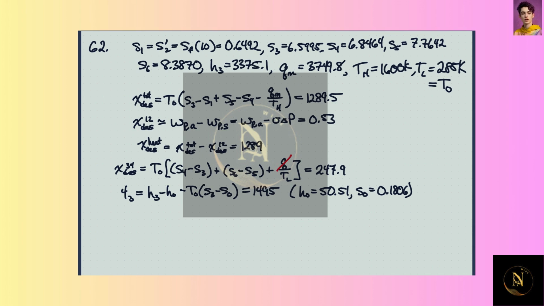Oh, P naught is the usual 100 kilopascals. And then we have the high and low temperature heat transfer: the heat transfer into the boiler comes from a 1500 or 1600 Kelvin source, and the heat transfer out of the condenser goes to a 285